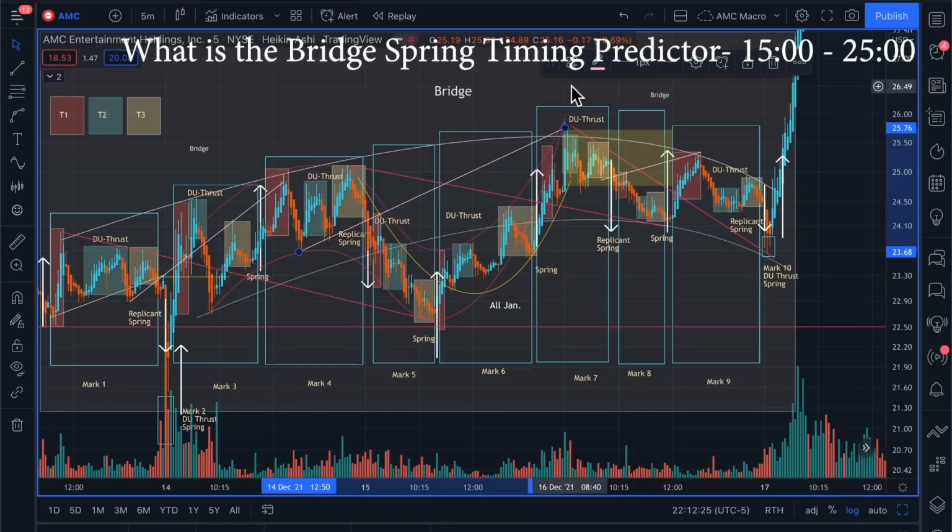So in the bridge, what happens when the bridge starts is that you basically get the end of the sequence. So this is like a T1, T2, T3 sequence. It's a full sequence right here. And then at the end of the sequence, instead of breaking out, you break down and you start cascading down. This was what happened November 22nd, 2021, on the macro. But I think we were more or less over here on this one, okay? Don't think too hard about it. Just know that whenever we break down instead of breaking up, it's called a replicant spring. That's what I call it.